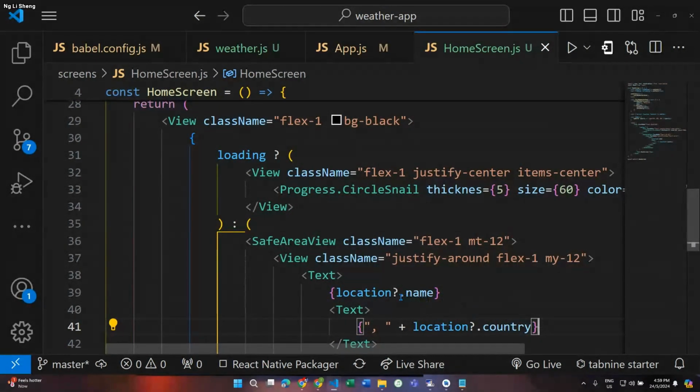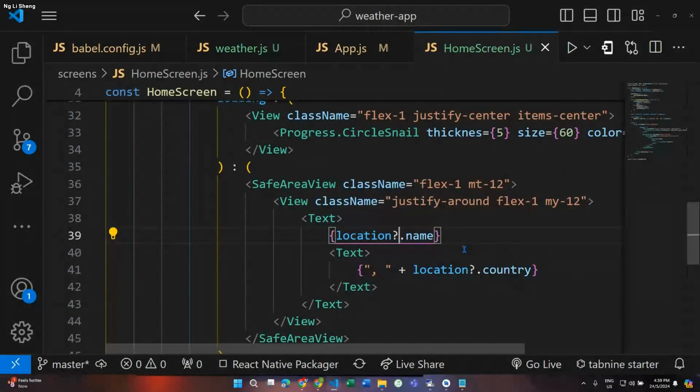So the question mark here is, the location may be null. So if let's say your response is having an issue,